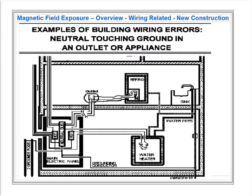Okay, so this is an example of a circuit having to do with a wiring error. Here's our refrigerator. If there's a neutral to ground in the refrigerator itself, which would be beyond the responsibility of the electrician, or a neutral to ground in the outlet, which would be the electrician's responsibility, the current would come out the hot wire, go through the motor, and once it got to the low side of the motor, you would see two paths. One path goes back to neutral where it's supposed to be, and the other goes out the water service supply for the ice maker, down to the water pipes, and once it's on the water pipes, it can see